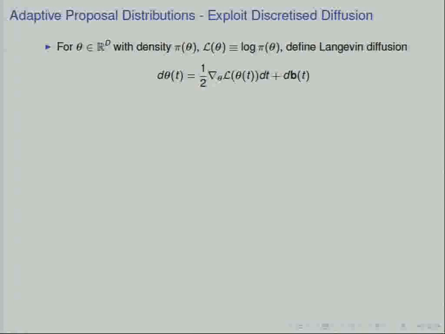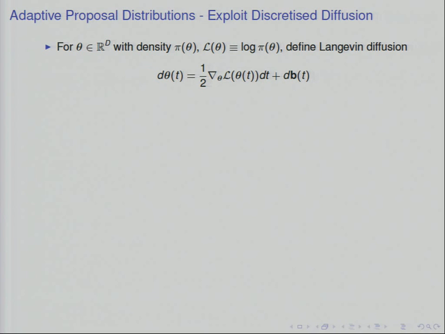Well, of course, the problem is that we've got a Markov process, we've got a Markov chain, and we are now defining the proposal distribution of the transition kernel based on a history which is longer than just one step. So we're destroying the Markov property straight away. So what we would like then is to have an adaptive proposal mechanism that retains the Markov property and so forth. And one of the really beautiful ways of having an adaptive proposal mechanism is to exploit a discrete form